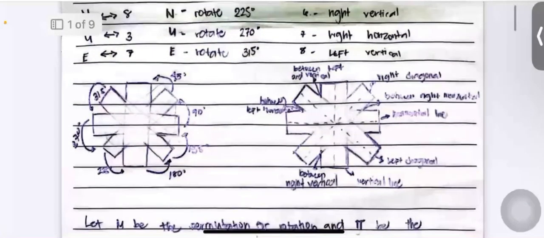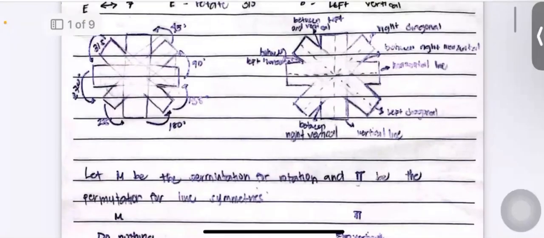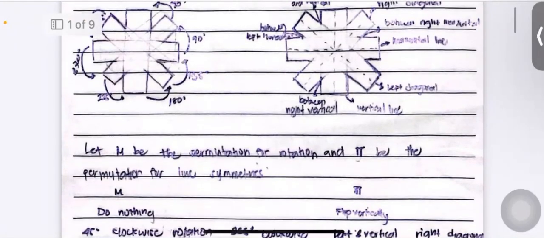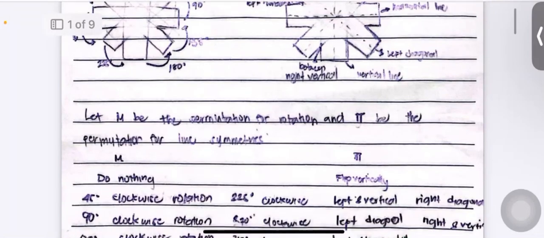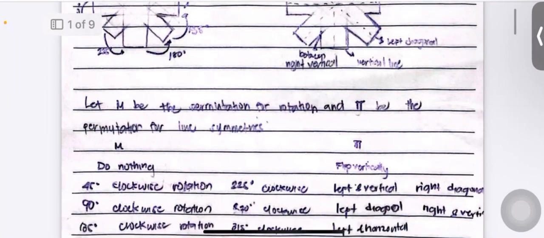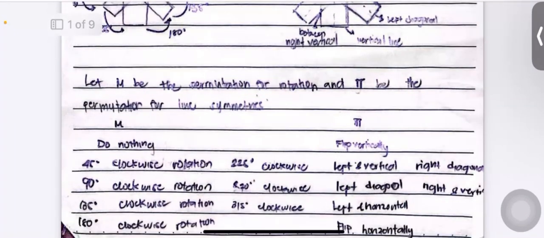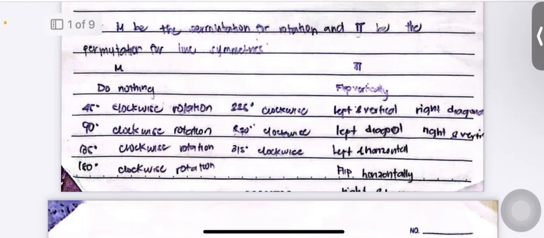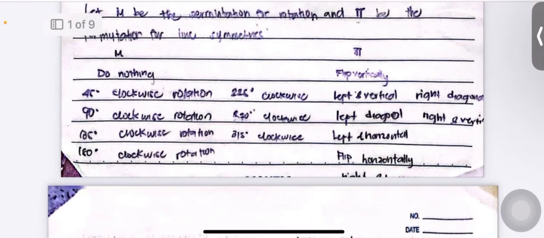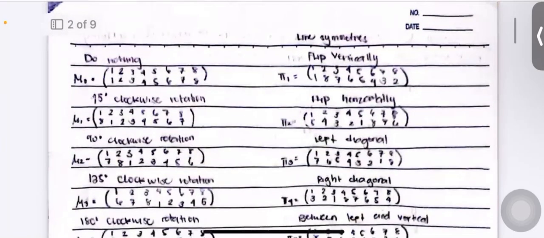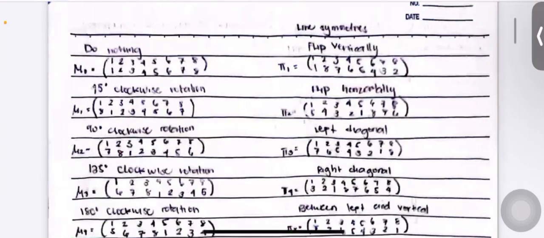As you can see here in the illustration, let mu be the permutation for rotation, pi be the permutation for line symmetries. For mu, do nothing, and for pi is here. We can see here the line symmetries. Here the mu first is do nothing,